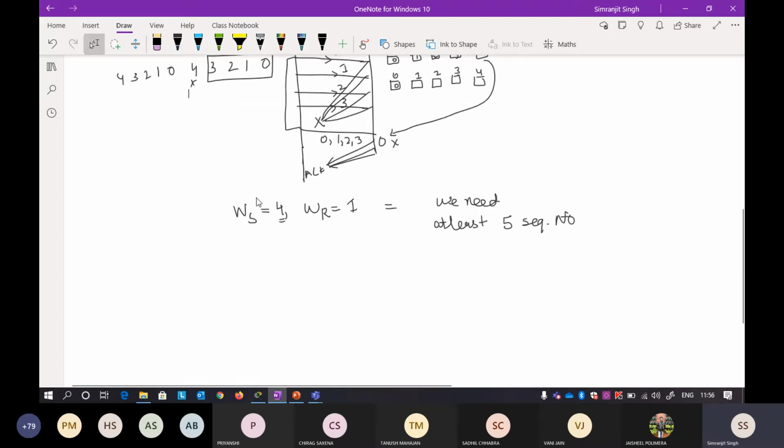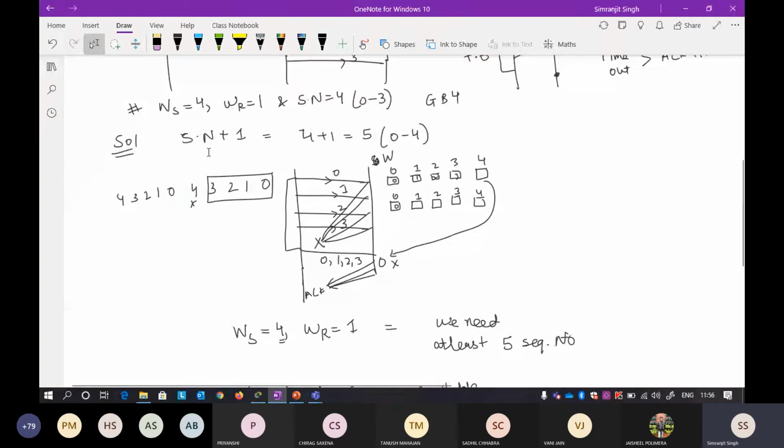So suppose I conclude that if the sender window size is n and the receiver window size is always 1, this is now your formula. The available sequence number, as some books call it, will always be n plus 1. That is why I have taken sequence number plus 1. Actually, sequence number plus 1 is the window size. Previously I took as many sequence numbers as the size of the window, and by taking that many there is a duplicate packet problem.